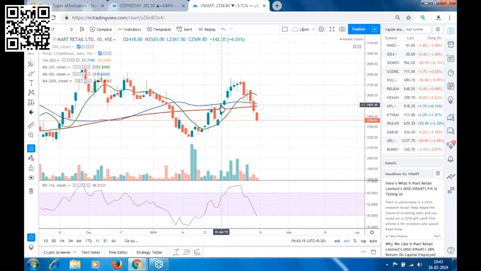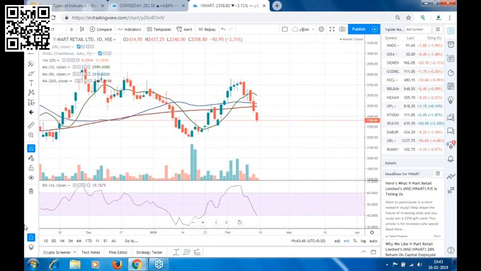If you see the close, there is not much of a difference in the close and the high price, considering the fact that this is a high value stock, because the wick is very small. So our buying level was above 2530. The stock closed at 2520. Now since this is a high value stock, we took a buffer of 5 to 10 points, and our entry was about 2530. About this level was our entry,